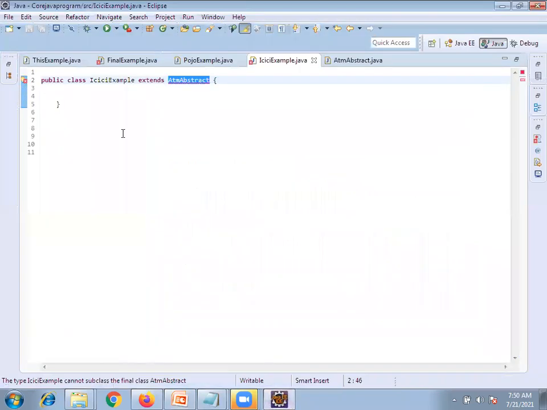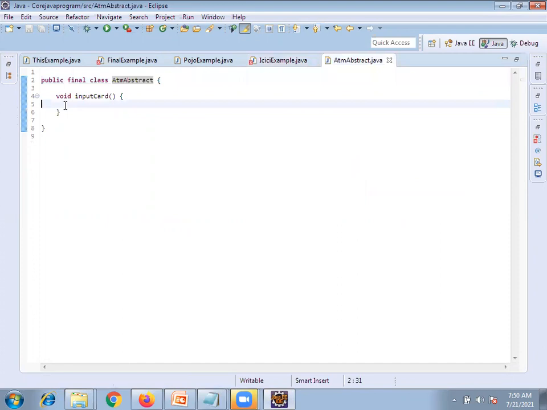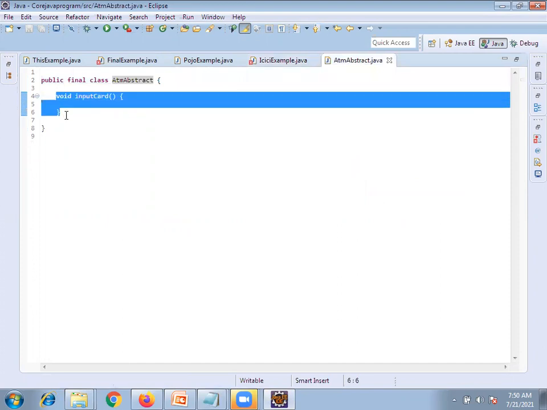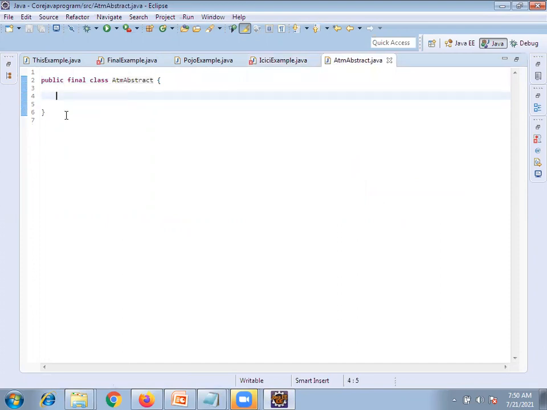Once you define this class as final, whatever values you assign here, you cannot change at the JVM level. For example, public static String str equals xyz. This is fixed content and it won't change.